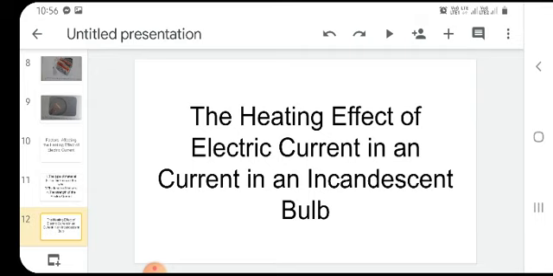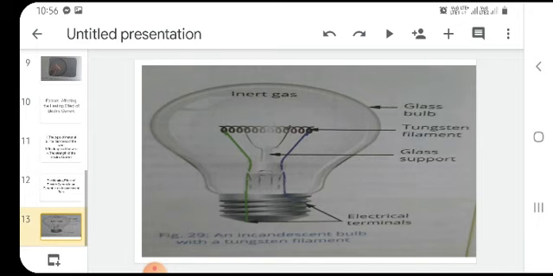What is the filament? The filament is extremely thin and long, because of which it offers a high resistance to the current flow. It is coiled up, as you can see in your bulb, so that it fits into a small space inside the bulb. Here I am showing you the picture. See here, in the middle of the bulb you can see the tungsten filament. It is coiled, so it takes less space. The support wires keep the filament in its place.